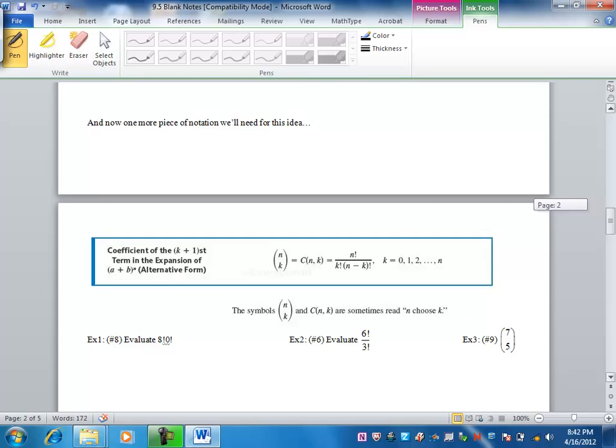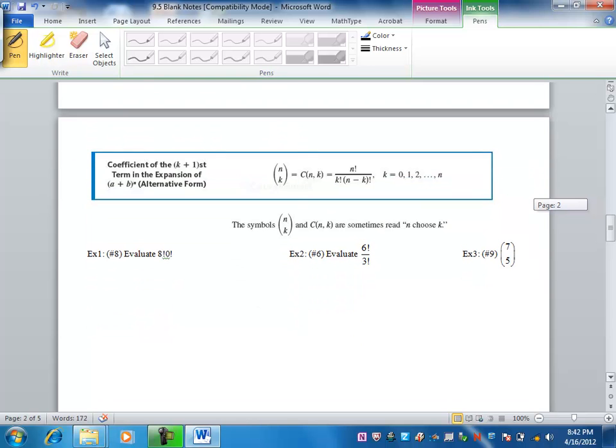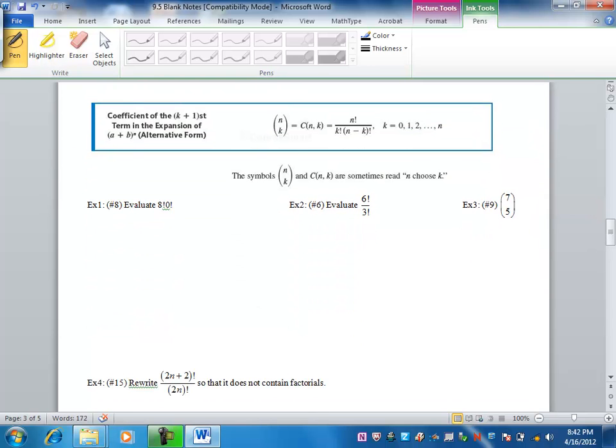And so as we look at that, that is our meaning of factorial. And we need one more little piece of notation here. And this is the coefficient of the k plus 1 term of the expansion. n choose k. Notice that's C-H-O-O-S-E, n choose k. And we have to use our factorial here. So if we're looking at 8 factorial